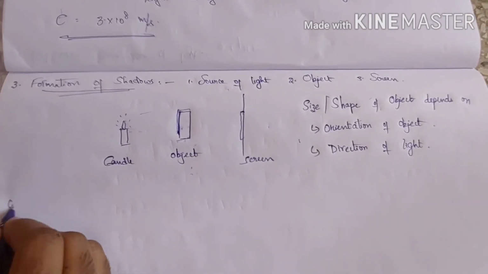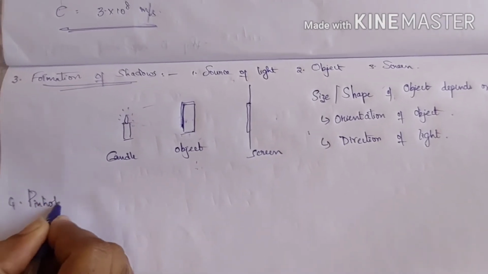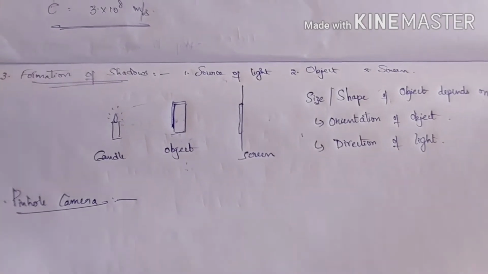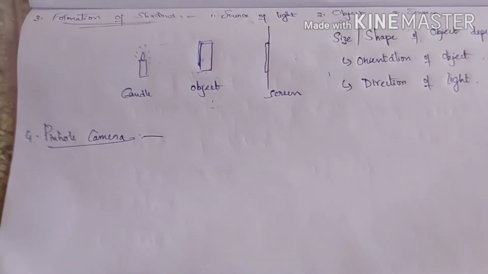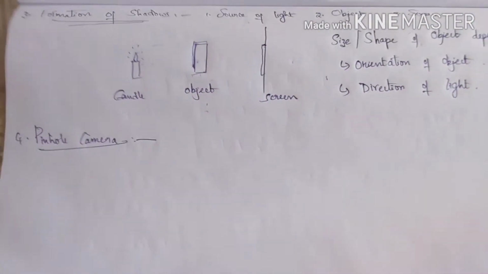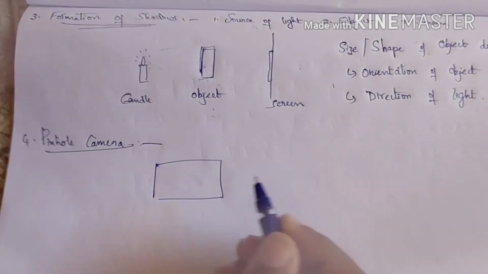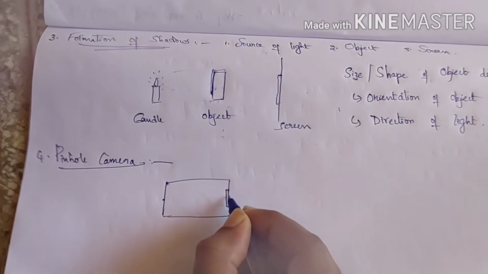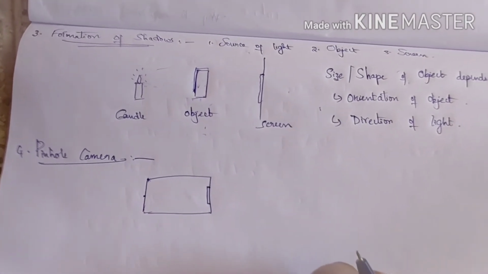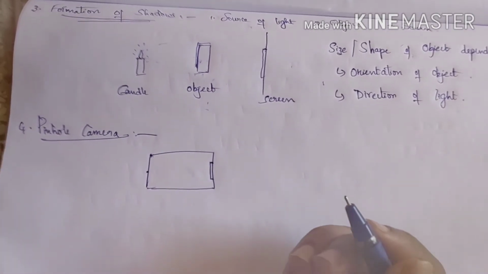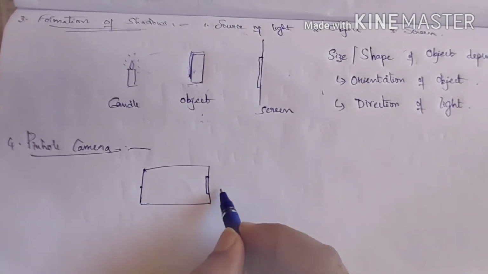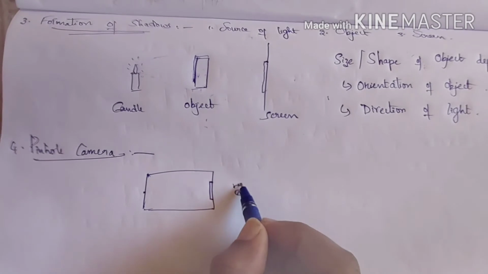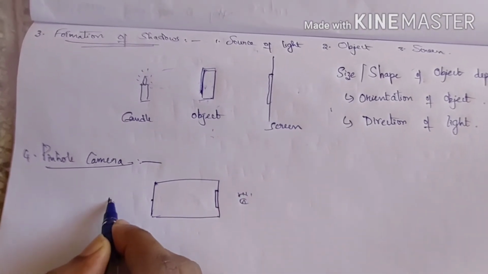And next one is the pinhole camera. Pinhole camera is the very basic for learning the basics of camera, of photography. So for the pinhole camera, you have a box. Let's take that here I have a pinhole. Here I have a trace paper acting as a screen. So this side you have to see, so I'm just writing it as I. So here you have the object.